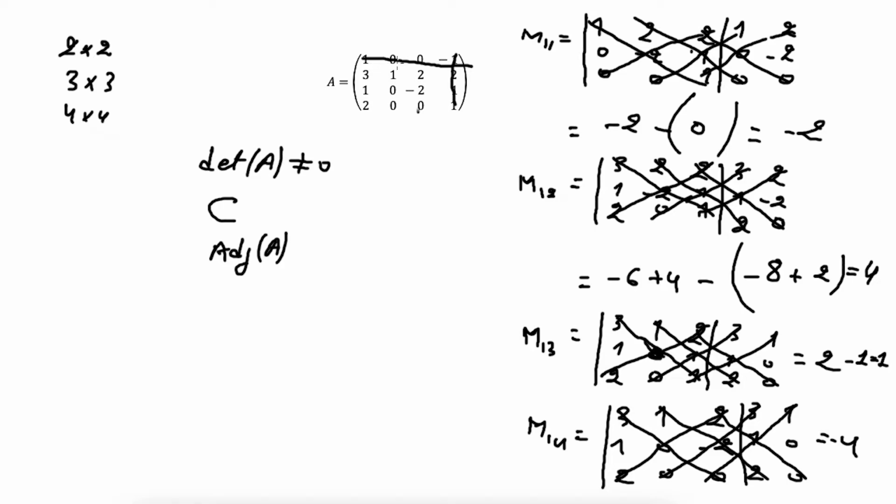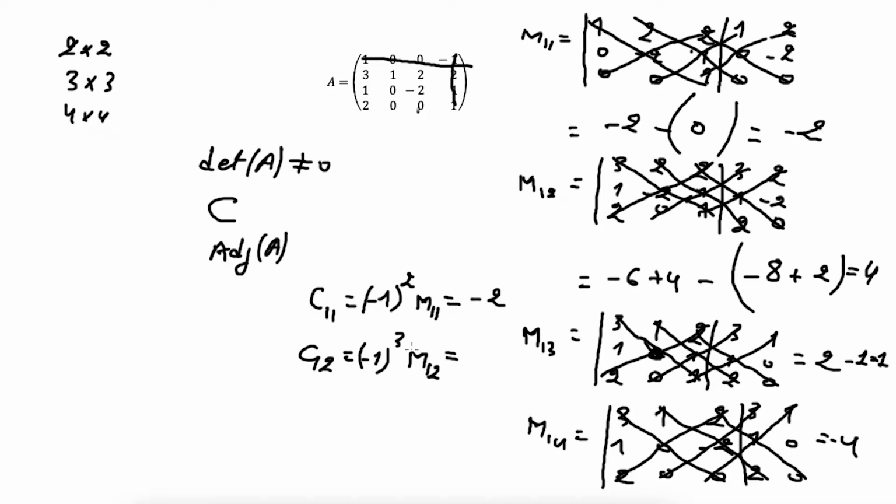Now as we get the minors of all these elements here, we can get the determinant. So to get the determinant we need to compute the cofactors, so here we have C11, let me write them here, C11, which equals minus 1 power of 1 plus 1, which is 2, so minus 1 squared is 1, times M11, which is minus 2, so it is minus 2, and C12 is equal to minus 1 power of 3, because here 1 plus 2 is power of 3,